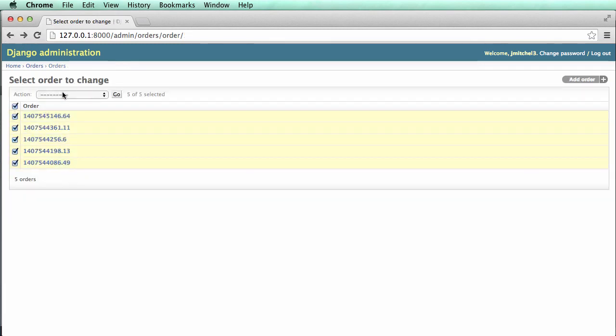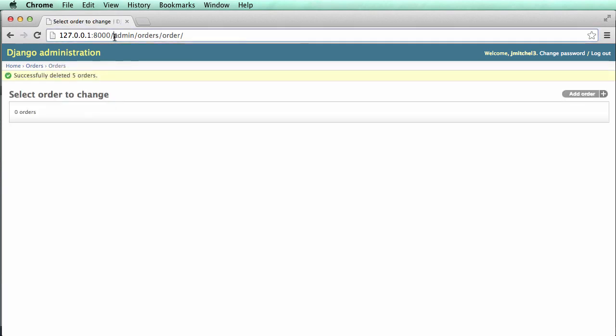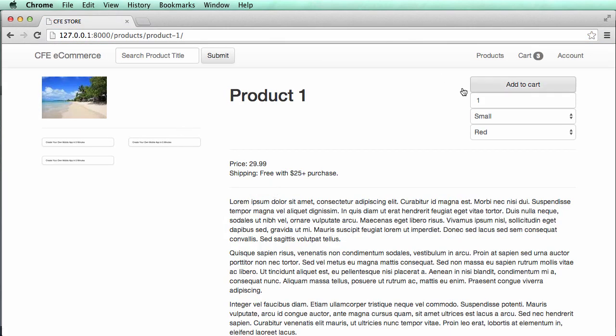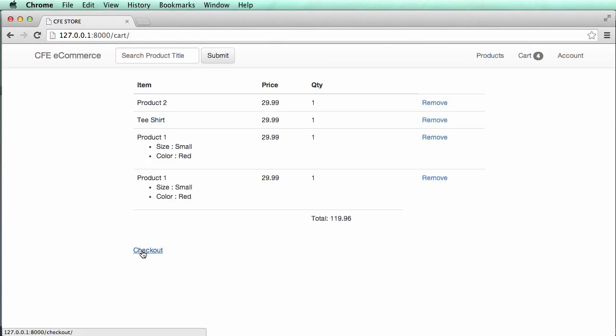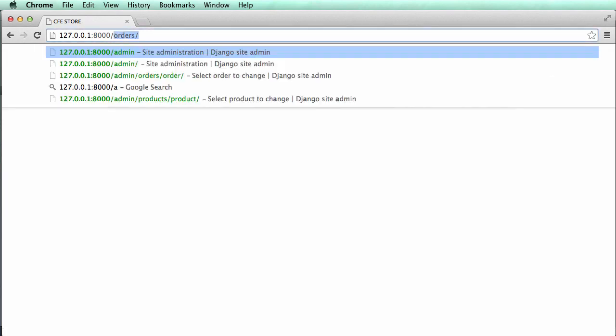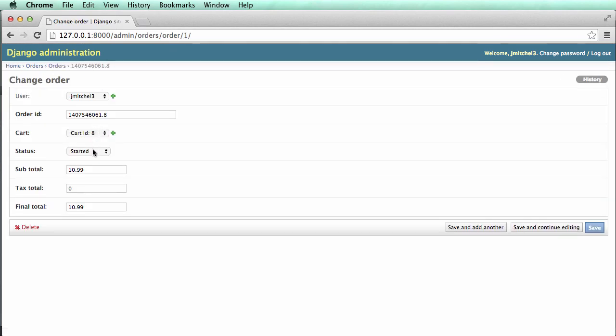So let's actually delete all the orders. It's probably because I actually did set that order in the admin before. So let's actually create a new order just so we can see it. Check out. Okay, now I go to orders. There we go, it's there. All right, and of course, if I go into admin and change that brand new order to finished,